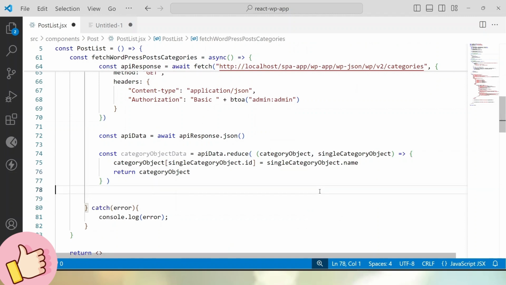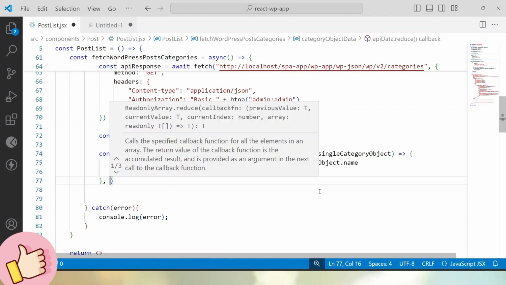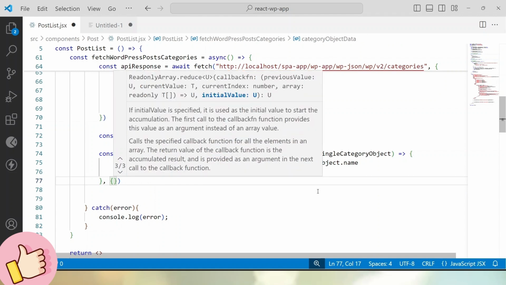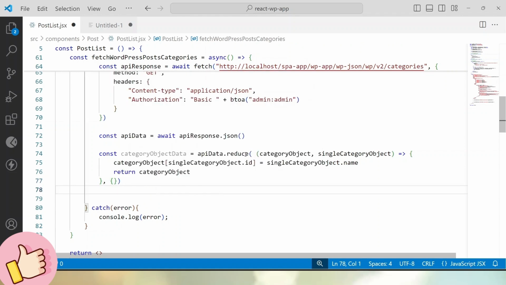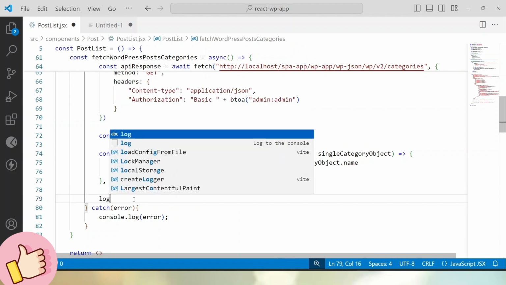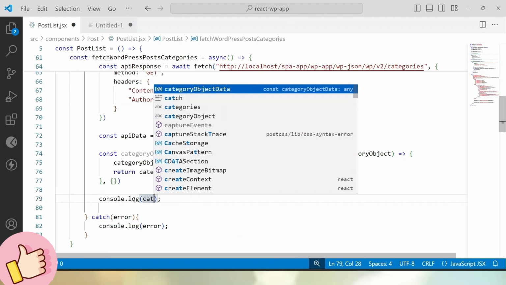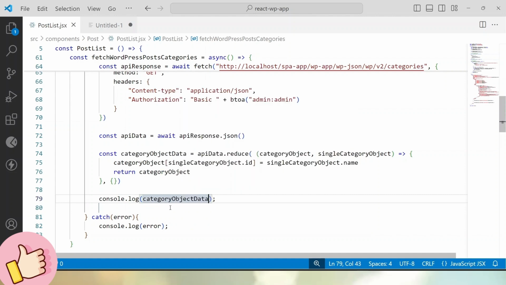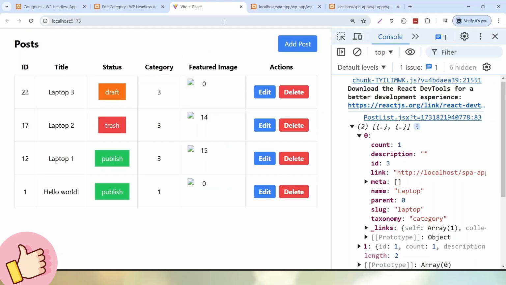One more thing, I want this data set into object format. So inside the second argument of this reduce function, simply we have to pass an object symbol. So for the time being, if I go to console.log, let's say categoryObjectData, save these changes. If I go and reload,